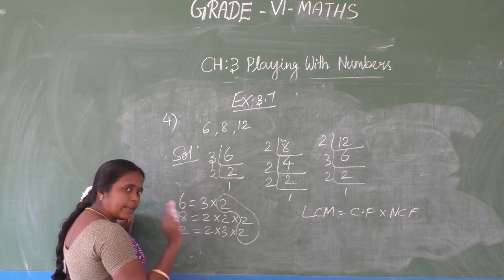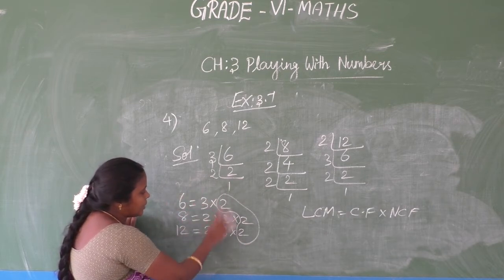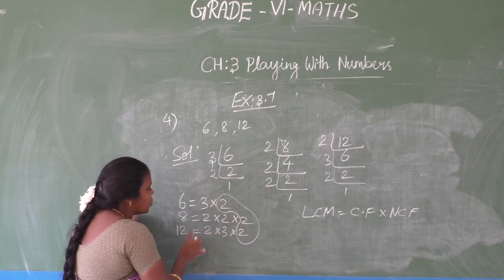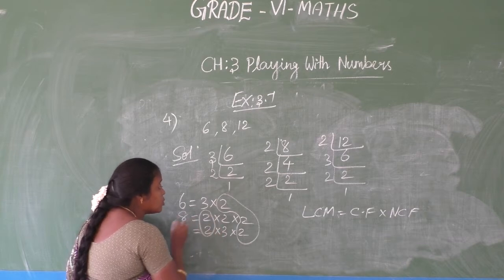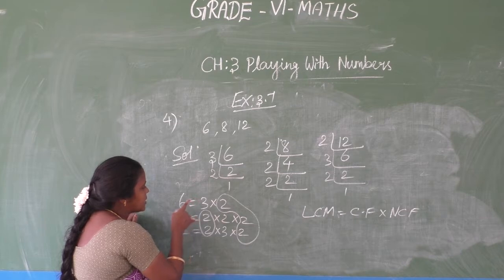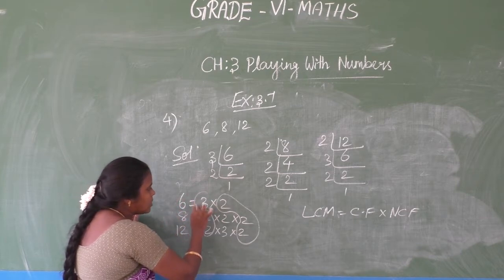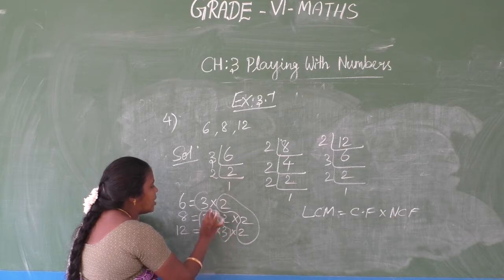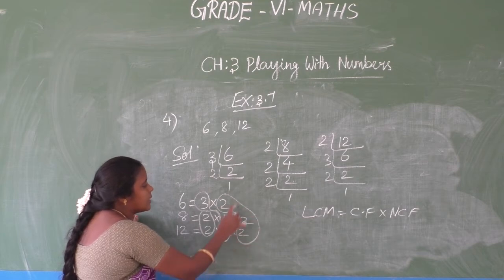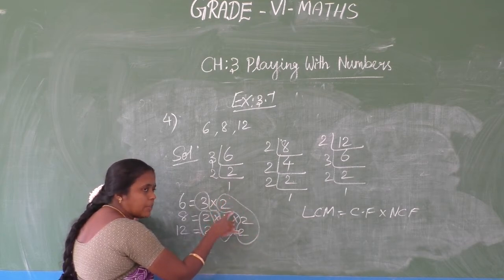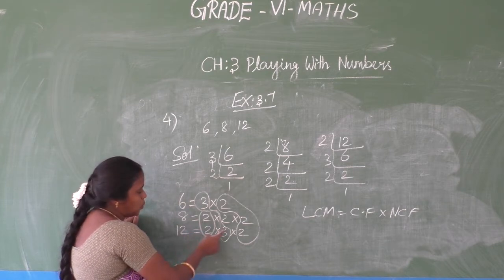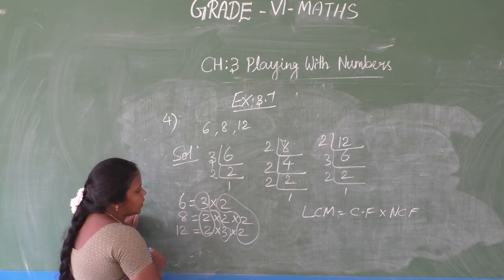In the 3 numbers, this 2 only is coming commonly, so this is the common factor, correct? But category-wise, if you watch, this 2 is coming in these 2 lines, so consider this also as a common factor. The 3 is coming in the 6th table and the 12th table, so this also we have to consider as a common factor. Clear, children? First I had taken only the number coming in all 3 lines as common factor. I left this 2, so the answer came wrongly. Sorry, this is my mistake.